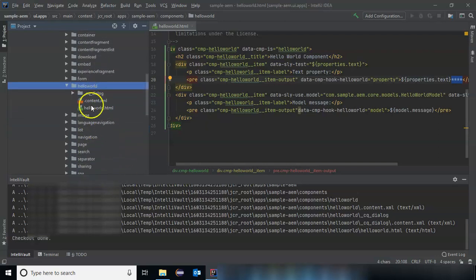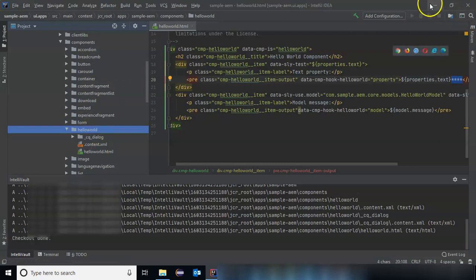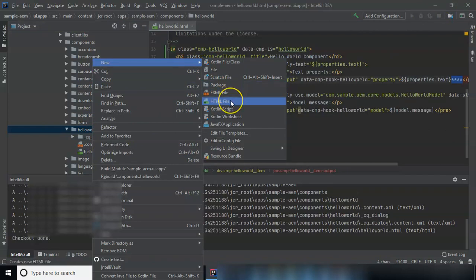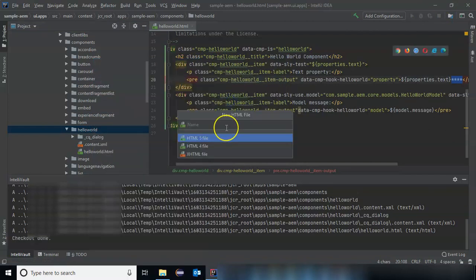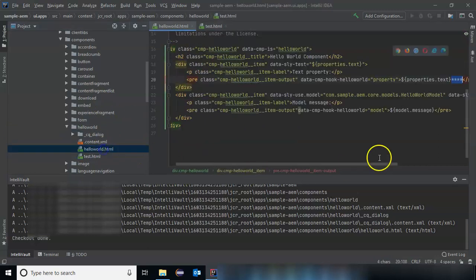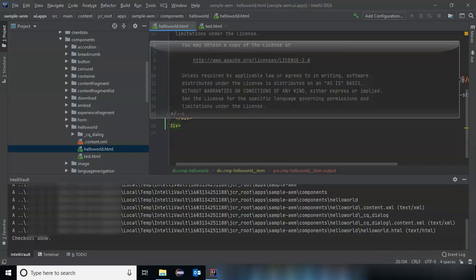So you have to always be careful when you work with your FileVault. For example, let me show you something. Let's say I'll create another file here, new, an HTML file. I'll just create a test.html. Okay, so I just created a test.html and I'm going to remove this.